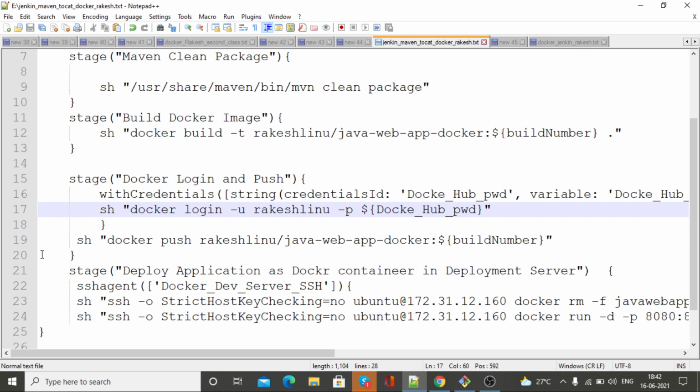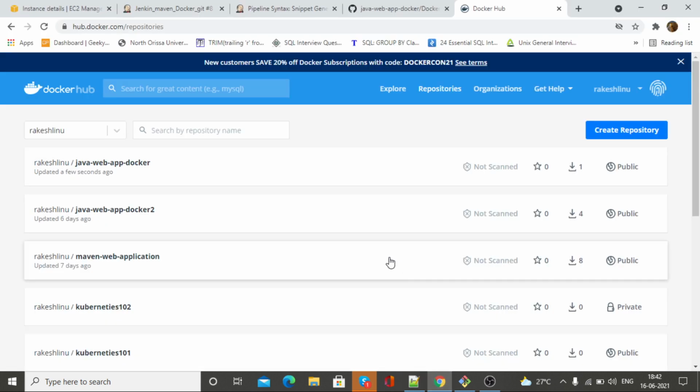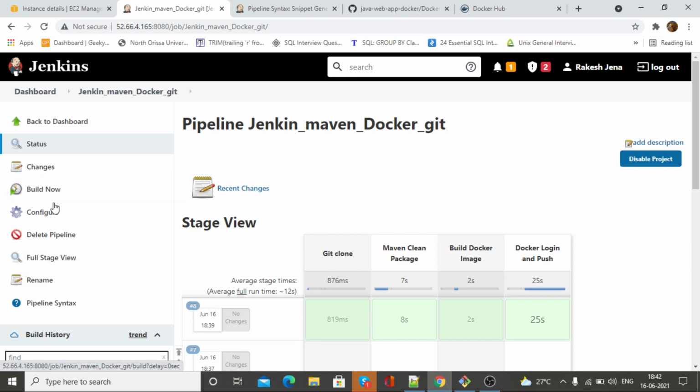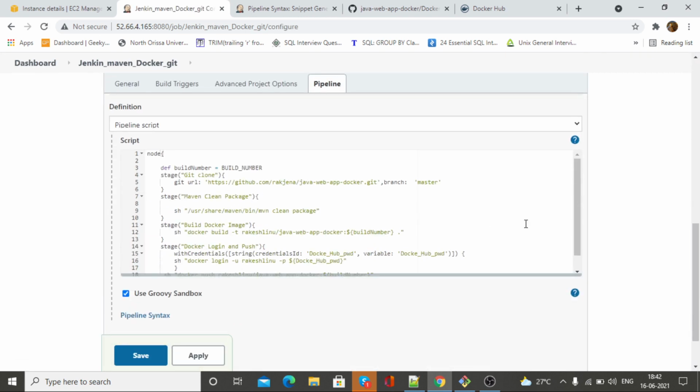I will tell you how to create that password at last. Okay, so let me add it because it will take more time, so I am putting it right now. I have copied already. Go to configuration, pipeline.